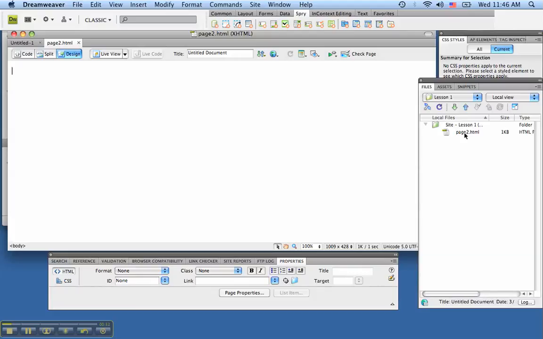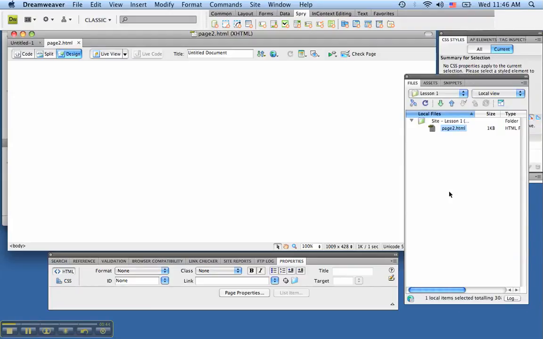It's in there, and it's been created locally, so if I want to upload it, I'll just have to click on my upload button. Okay, we are going to be covering more of this file handling in this panel as we go along. So let's jump into a little bit more of HTML code understanding, and then we're going to jump into a creation of